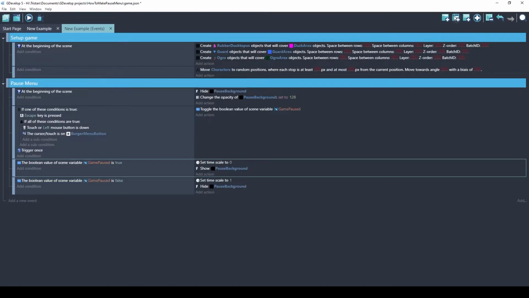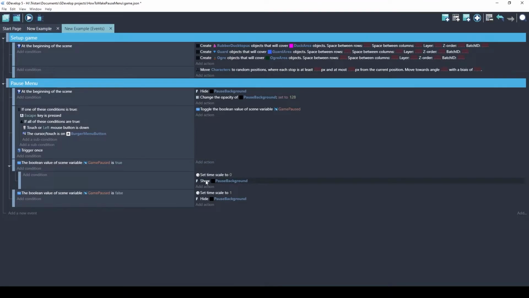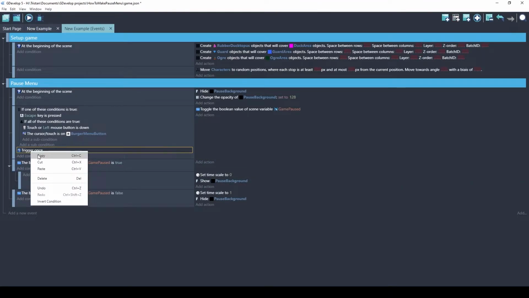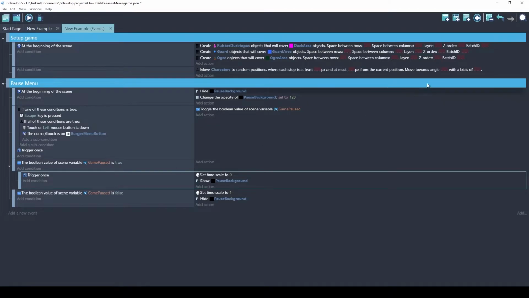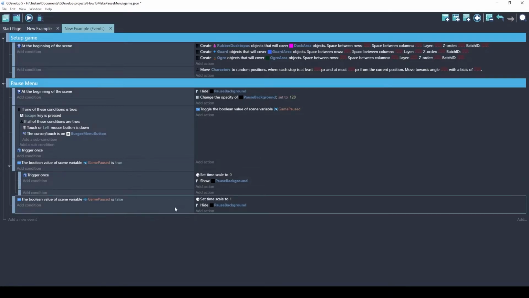So I'd like to clean this up a little bit. Let's move these items to a sub event. And basically I'm going to break it into two things that are triggered once, and things that are not triggered once. Setting the timescale, definitely just need to set it once. The show and the hide only needs to happen once. Let's do it for this one as well. We have this